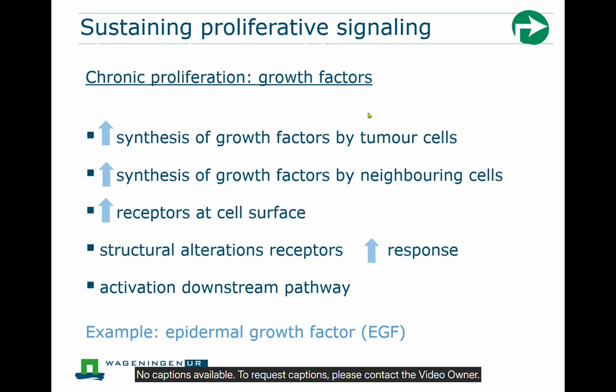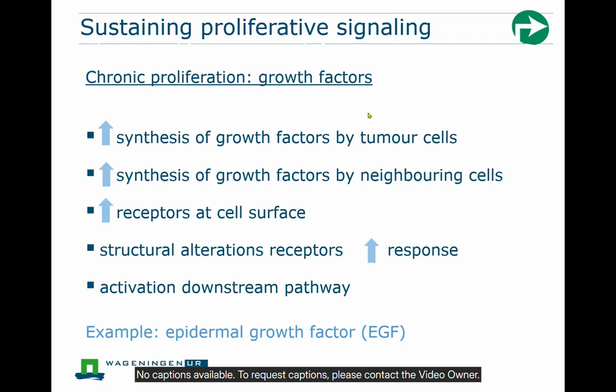Lastly, it is also possible that the growth factors or the receptors are not affected, but that the cell acquires some capabilities to activate the downstream process, which is always active, and thus induces proliferation, and that is again sustaining proliferative signaling. One example that I would like to discuss, and which is very important in the field of cancer biology, is the epidermal growth